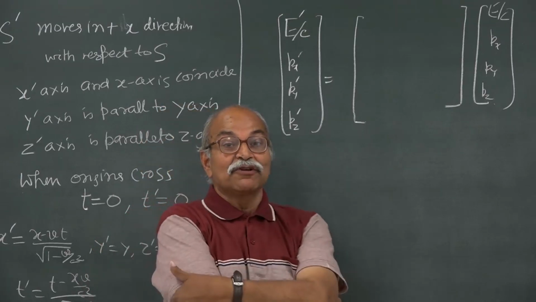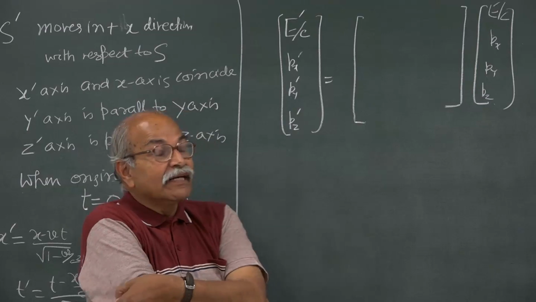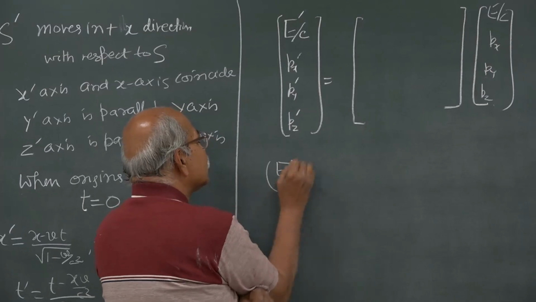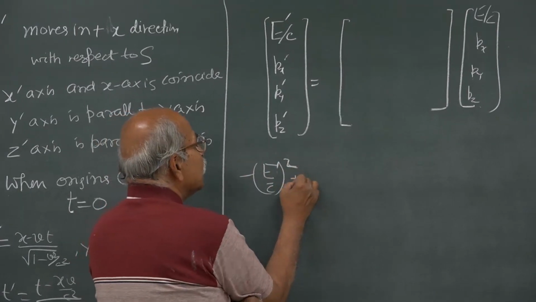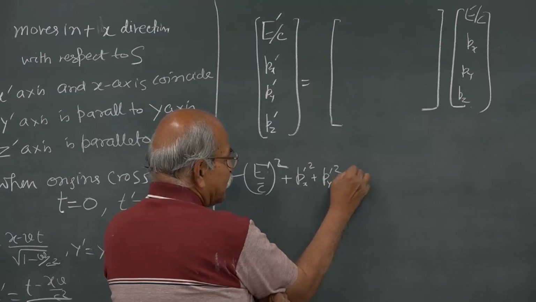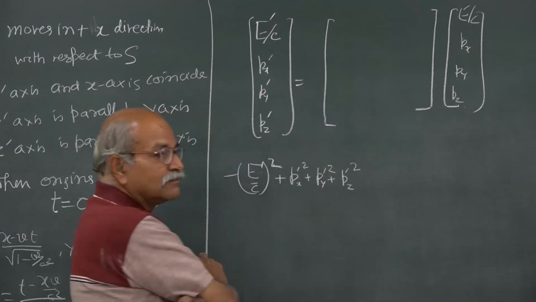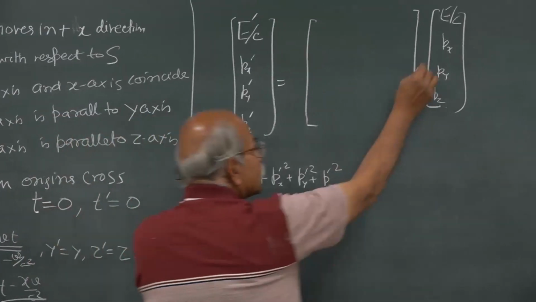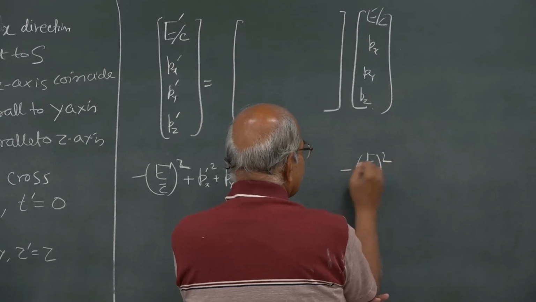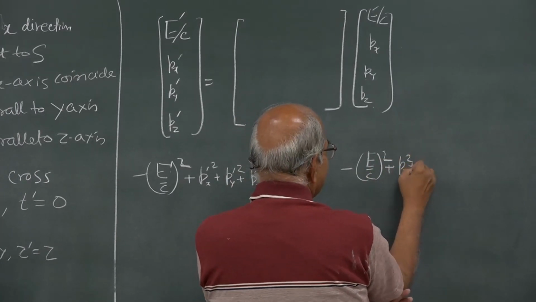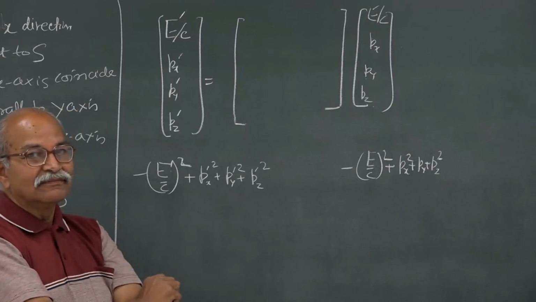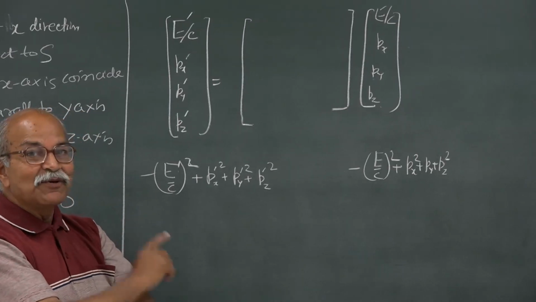But one thing I can be very sure of, if I consider this quantity, minus E prime by C square plus Px prime square plus Py prime square plus Pz prime square, and here I construct this quantity, minus E by C square plus Px square plus Py square plus Pz square, they are going to be the same